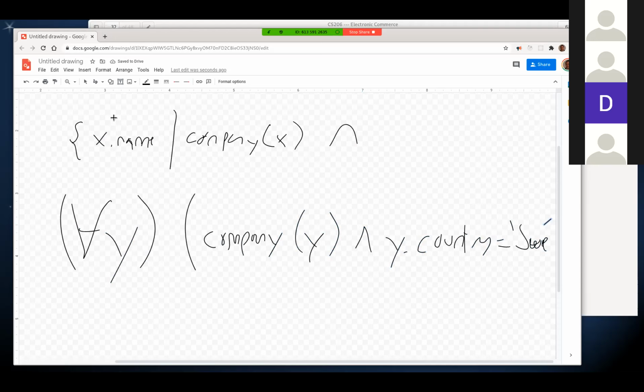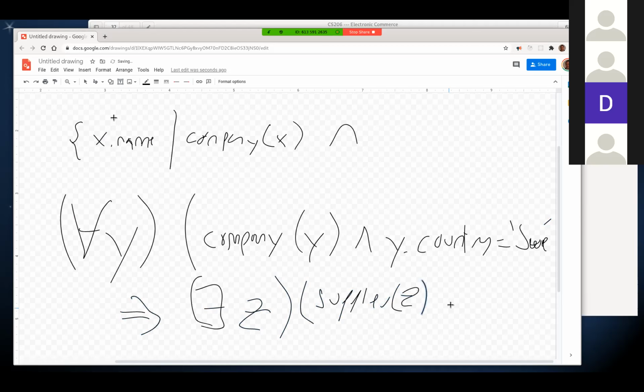One sec. If we get the time, we're going to do the one that uses existential quantifiers as well. But let's just stick with this one right here, because I think this is maybe a little more straightforward. So listen, for all the companies where their company is in Sweden, that implies there exists a record. And this is supplies. So for every company in Sweden, there exists a record of supply where